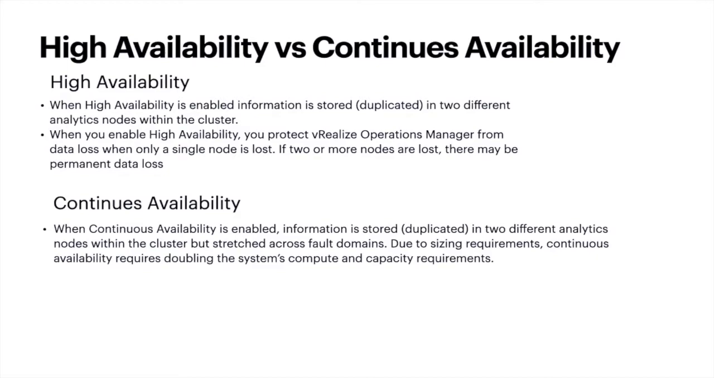Let me elaborate a bit. High availability can be considered if you have a single data center and one master cluster in vSphere, where you plan to deploy multiple nodes, which will help you duplicate the analytical data by deploying two or more appliances. And continuous availability comes into the picture if you have multiple data centers, multiple fault domains, and it's deployed in